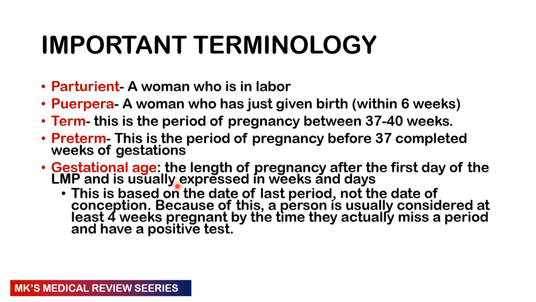All these definitions are very important because we use these things to summarize our patients when we're presenting these cases. Then remember that this is based on the date of the last period, not the date of conception. So because of this assumption that we make, a person is going to be generally considered at least 4 weeks pregnant by the time they actually miss their period and do a pregnancy test and it comes